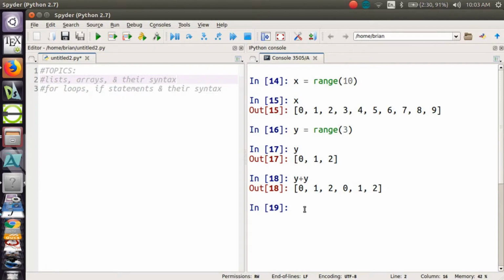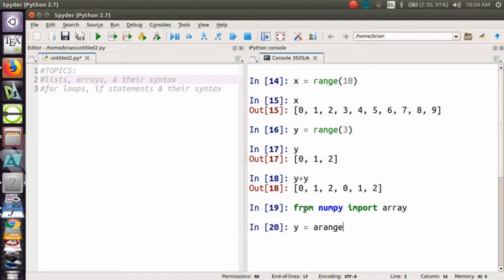So let's take a look at how we do that. Arrays are not built in to Python itself. I need to import them from a module. And I can do that by importing from NumPy, the numerical Python package, import array. That imports this keyword array, which will allow me to say y equals, one way to do this would